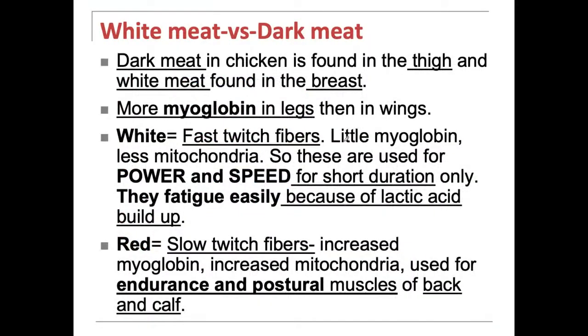So your white fibers, these are for power and speed. They're for short duration. They fatigue easily. Your red fibers are your slow fibers. They have lots of myoglobin, lots of mitochondria. These are great for endurance. Your marathon runners, your postural muscles